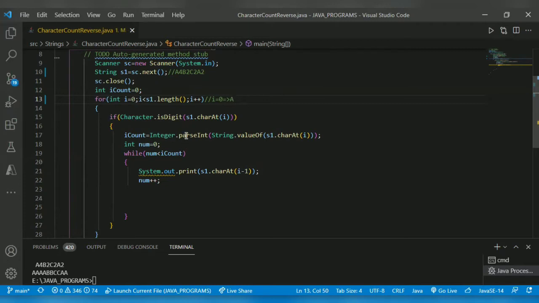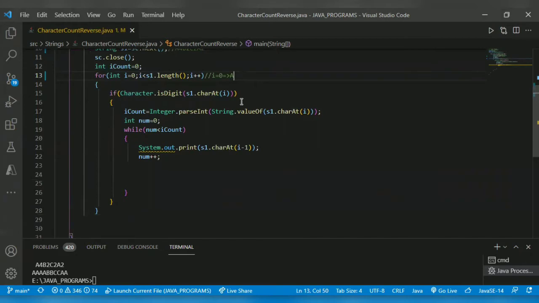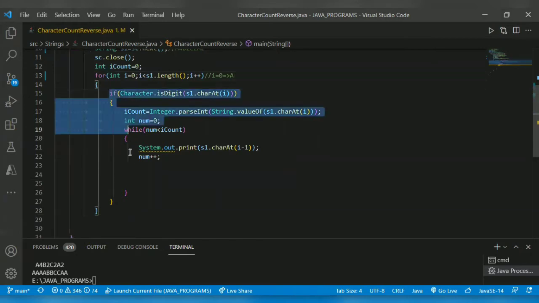In Java, to check the given character is a digit, we do Character.isDigit(s1.charAt(i)). Here s1.charAt(i) is A. Is A a digit? No, it's an alphabet, it's a letter. So it will not go into this if block. After that, i gets incremented.